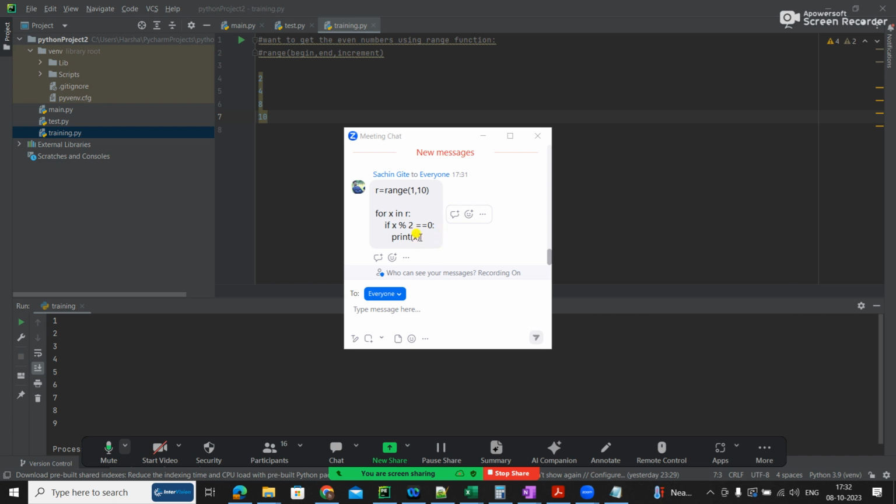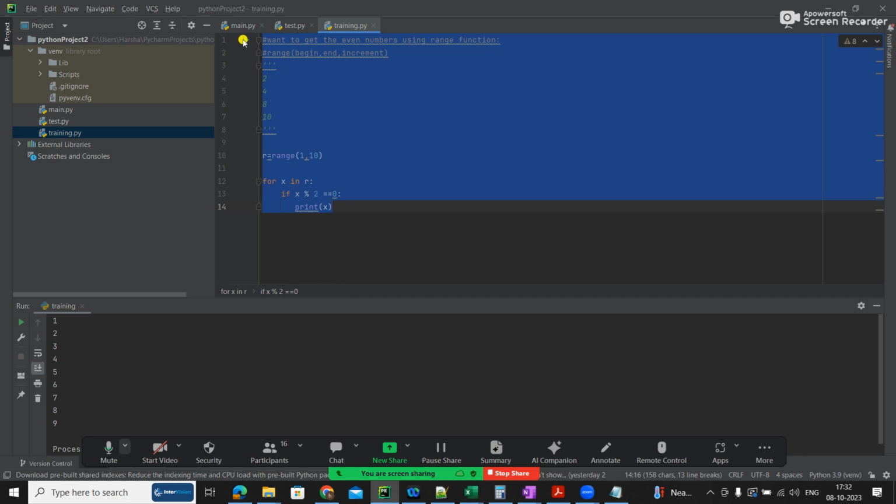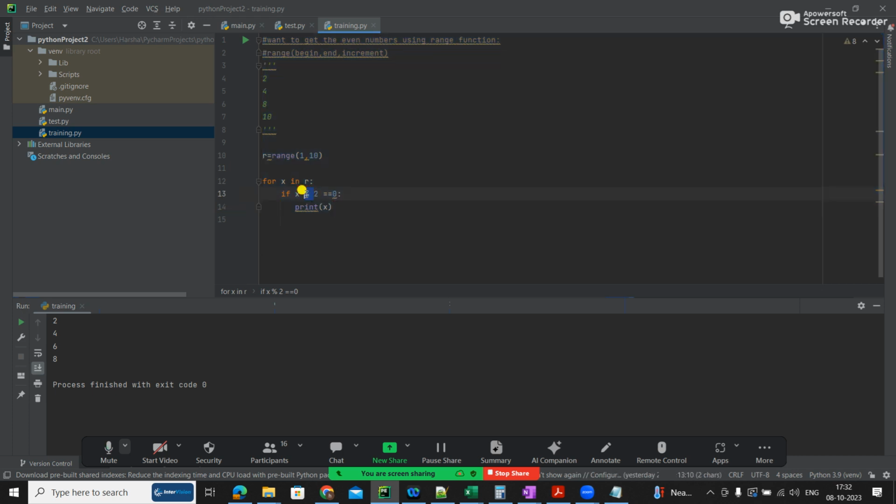Actually, yeah, this is one way. Good, correct. But I am expecting it with the step function. So let me show you what you have done. So this also will work. If I run this, I got the output. Now I don't want to use this modulus operator. This is also one way, correct, but I just want to do it only with the range.